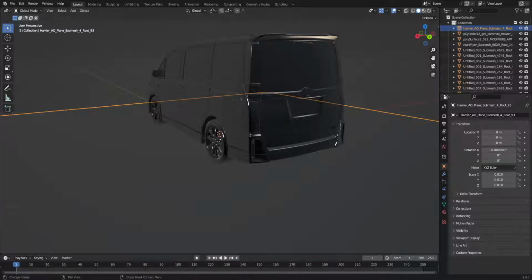Alright, so basically what we're going on now, let me check this over here, so let's see what's going on over here. So alright, so basically